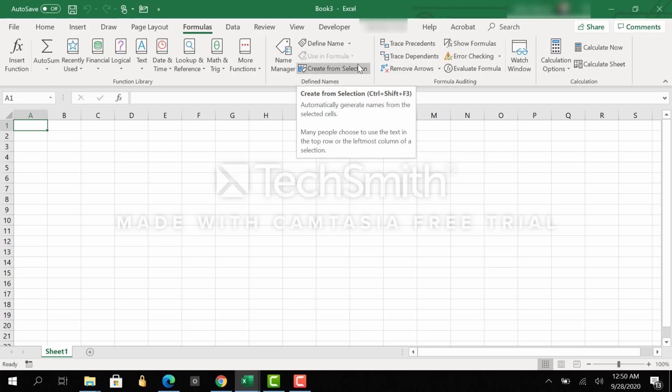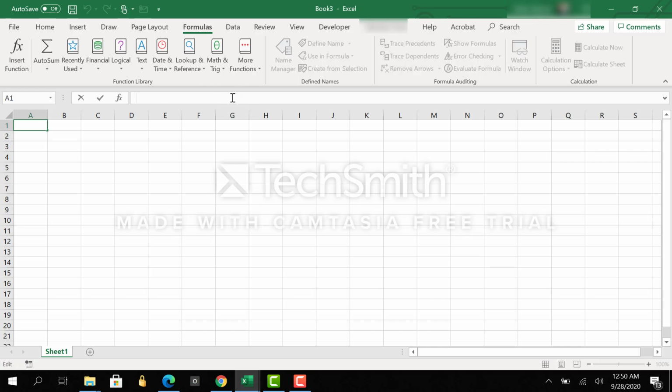Now the next portion, right below the ribbon, here we have what's called the formula bar. It's actually in two pieces. I have what's called the name box here, and then the actual formula entry, or the formula bar, right here in this area. Okay, so this is the formula bar. Now, just as an FYI, I have seen this happen to people before, so I just want to make you aware of it. Sometimes that doesn't show up, or you may accidentally turn it off.